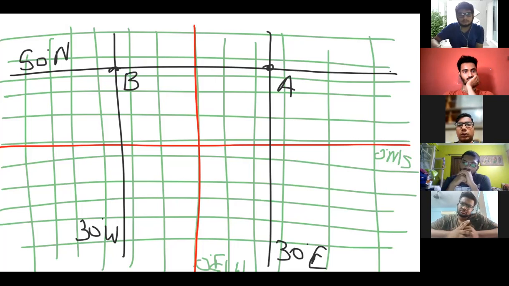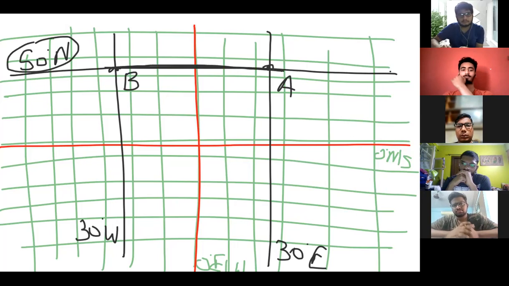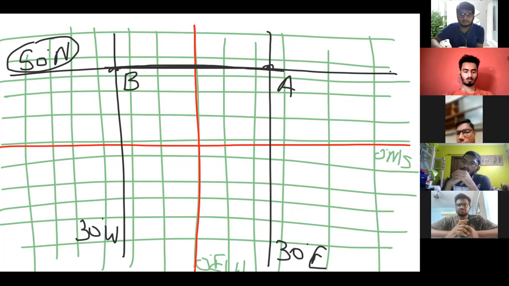Okay. Now guys, can you see in this question, the latitude is the same. It's the same, 50 degrees north. Latitude is not changing. I'm just changing the longitude. Correct? Just the longitude is changing. I'm just switching from one longitude to another longitude. Now, how will I fly this point? What is the change? Longitude is the change, right? Latitude has no change. So there is a formula for this.